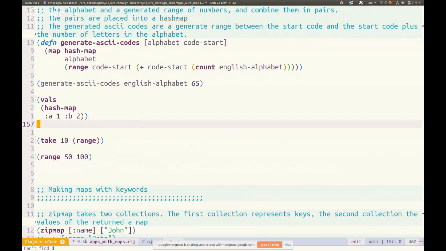So with that knowledge, then we can figure out how to combine alphabet and range. As we discovered before, I can't just give hashmap a value like a vector value. I can't give it a collection; it has to be individual values. So what we're going to do is use map the function, not map the data structure. We can use map the function to create a hash map from each of the individual elements of alphabet and